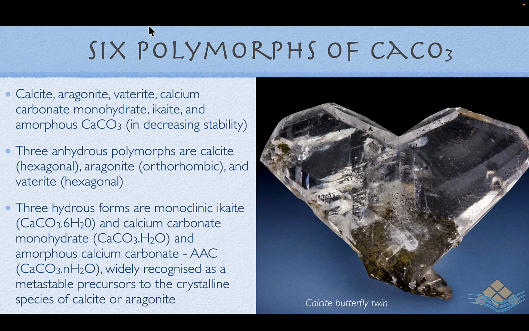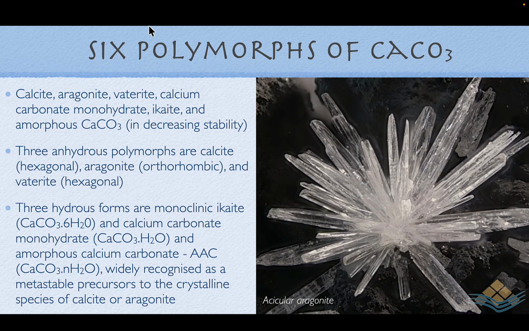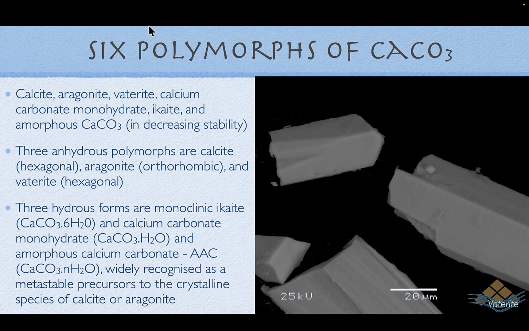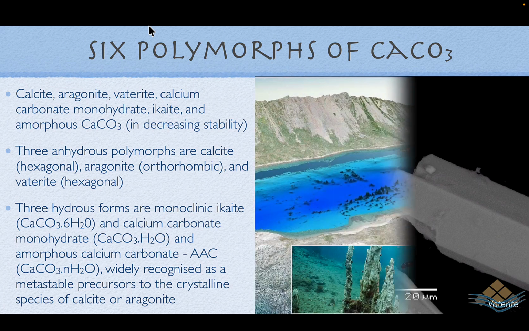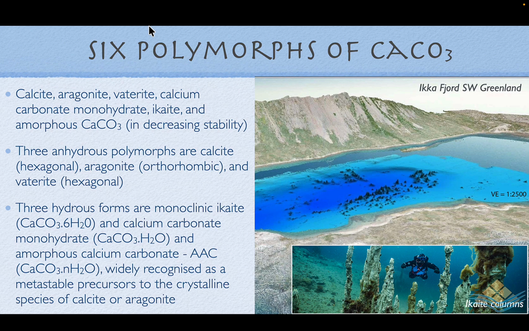Here's the calcitic form, clear sparry calcite as a butterfly twin. Here is acicular aragonite. Here is monohydrocalcite. And then here, forming in the Ikka Fjord in southwest Greenland, we have this rather interesting hexahydrate form of calcium carbonate, ikaite, as a cold mineral precipitate, forming rather delicate structures in subaqueous waters, mapped there in that upper diagram, on the floor of this fjord, where we have cold water springs escaping, and we form this